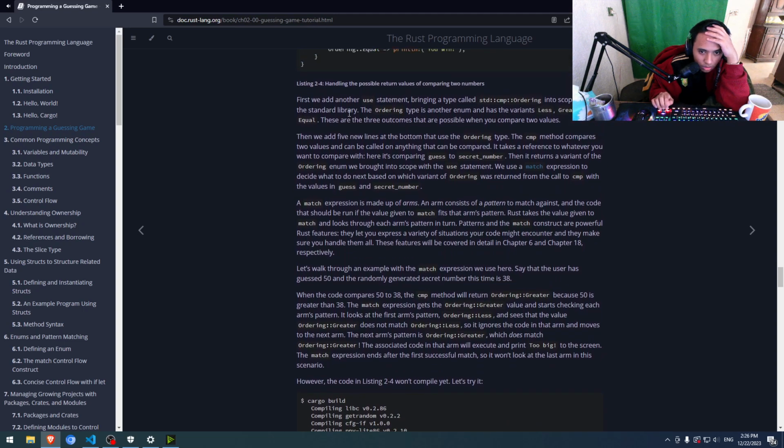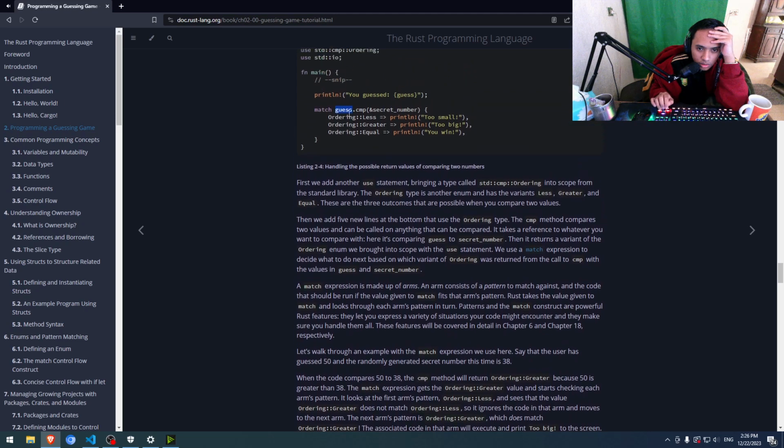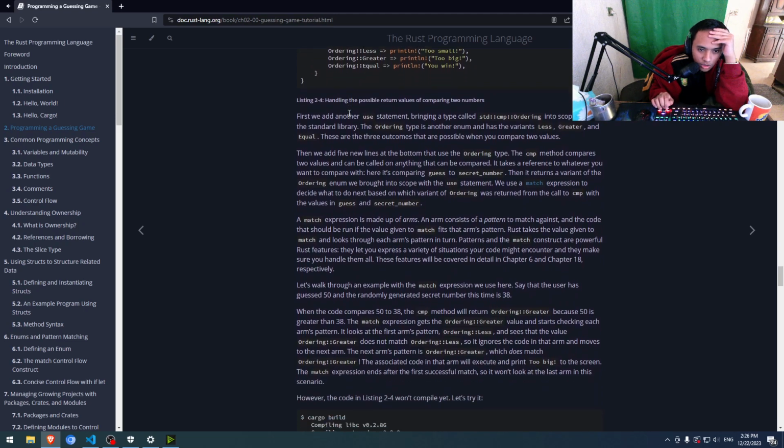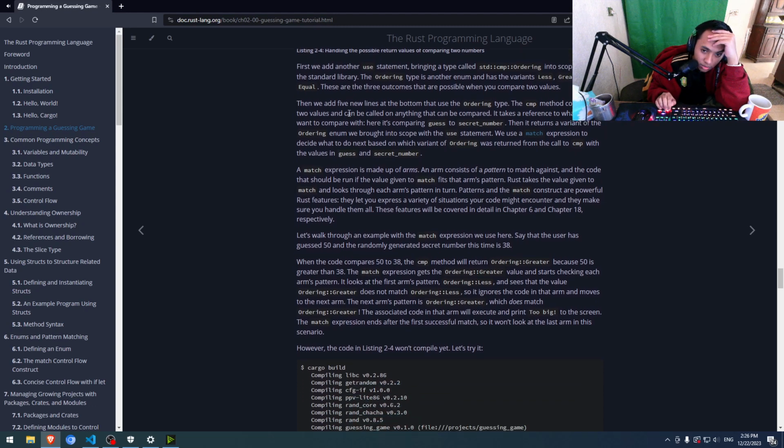Then we add five new lines at the bottom. The cmp method compares two values and can be called on anything that can be compared. It takes a reference to whatever you want to compare, and returns an Ordering. We bring it into scope with the use statement. Okay, the match